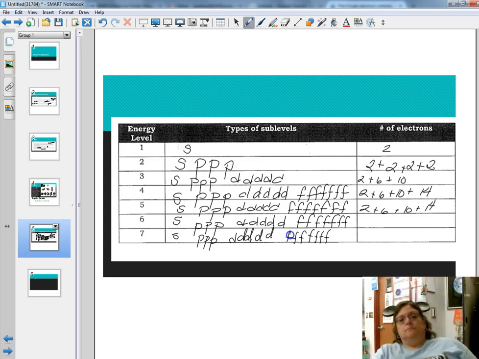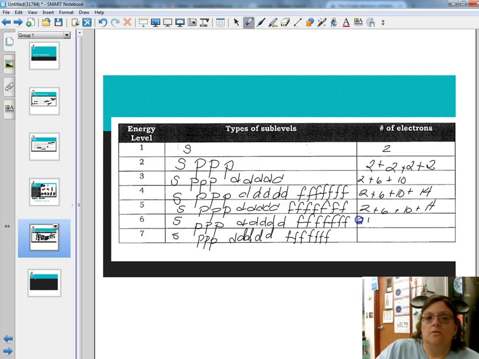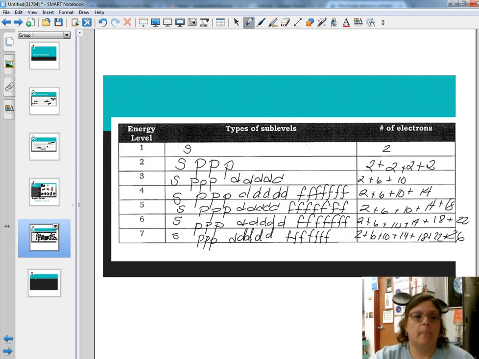Alright. So technically you could get 2 plus 6 plus 10 plus 14 plus, if you had the G level, it would be 18. And this one, the H level, would be 22. And if we had an I level, 2 plus 6 plus 10 plus 14 plus 18 plus 22 plus 26. Okay, so